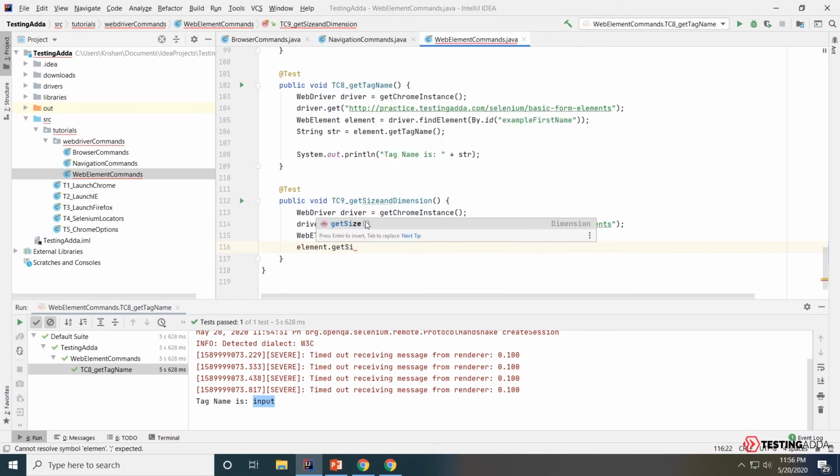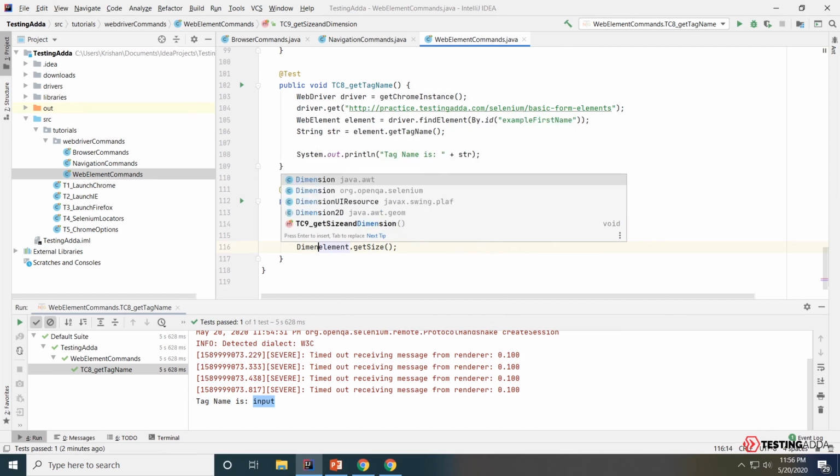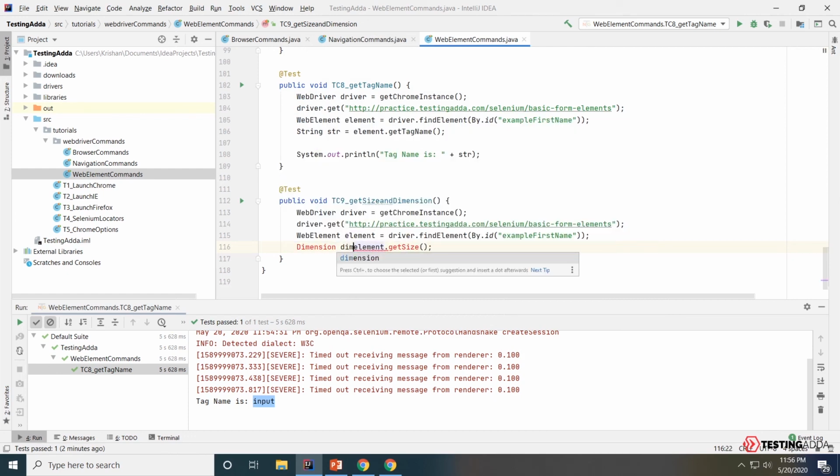As you can see, this method accepts no parameter but returns a Dimension. So Dimension dimension equals element.getSize, and now I'll have the height and width of the first name element in the dimension variable.